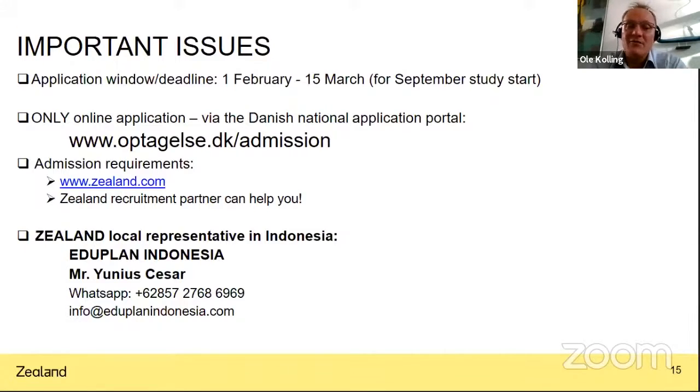And then I can also refer you to our local partner in Indonesia. Sealand Academy of Technology and Business has been part of EHEF Indonesia for several years. The first year we joined was in 2014. So we have been there every year since then, and we are of course very sad that we have to do it virtually this year. But we know that finding relevant information about us, about options in general, can be difficult due to the geographical distance, the time distance, and so on.